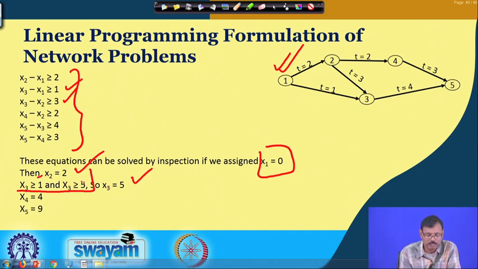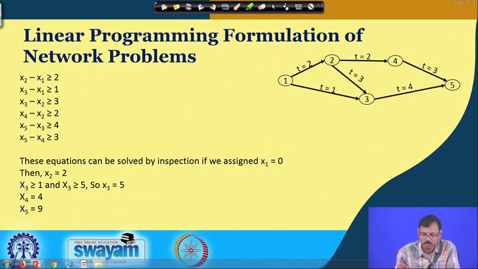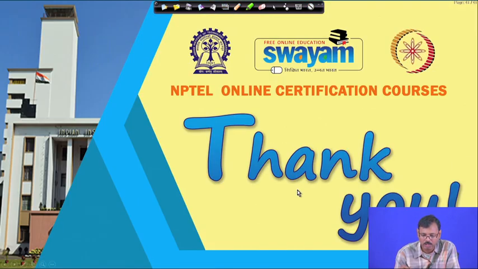As both conditions exist, we take x_3 equal to 5, and considering the x_3 value we can get the x_4 value,